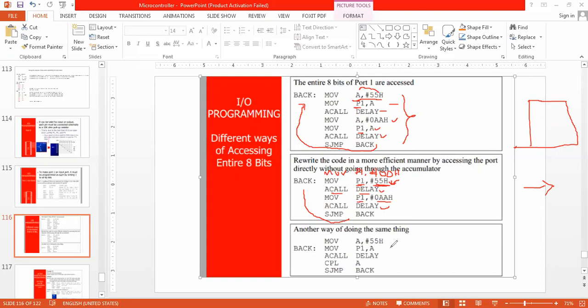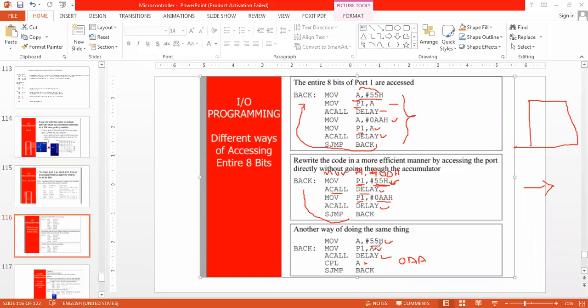Then in a similar fashion: MOV A, #55H, MOV P1, A, that is done, ACALL delay, then CPL A. Complement A means 55H is complemented, then it will be 0AAH.